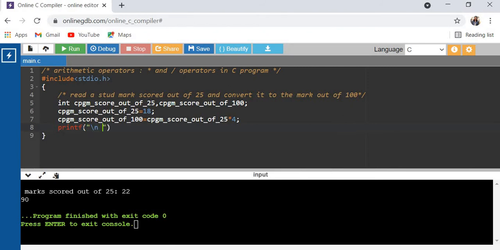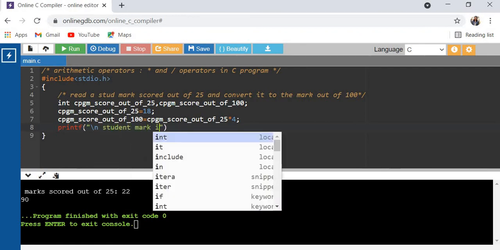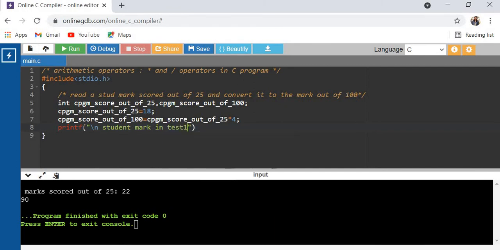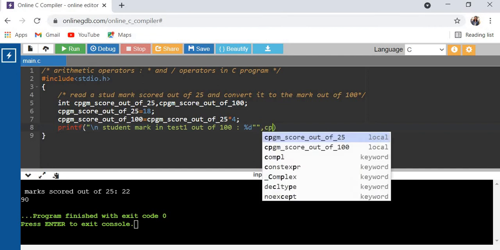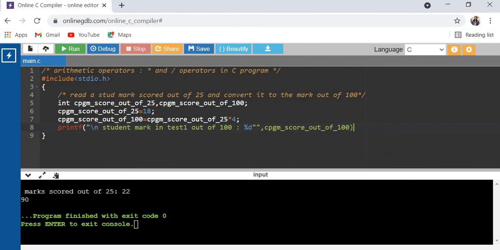If you want to print it on a new line, you use \n, then "student mark in test 1 out of 100:", then %d, then the C program score out of 100 that we want to print.